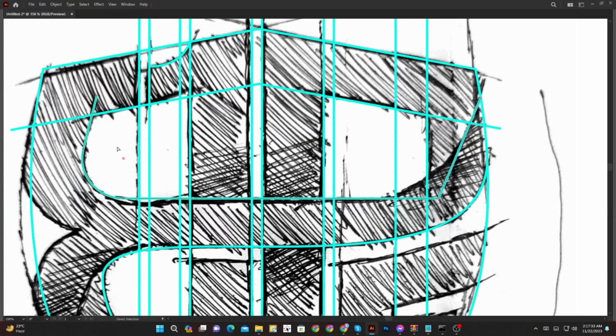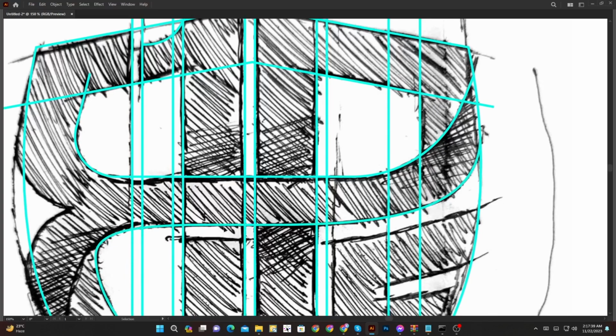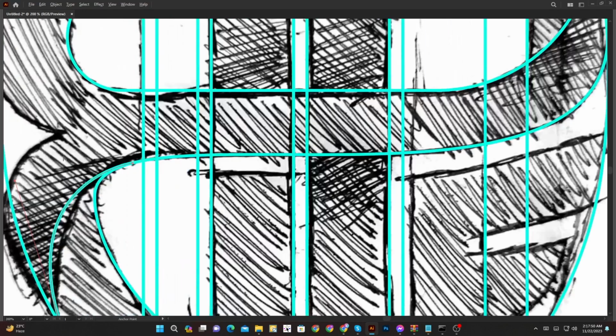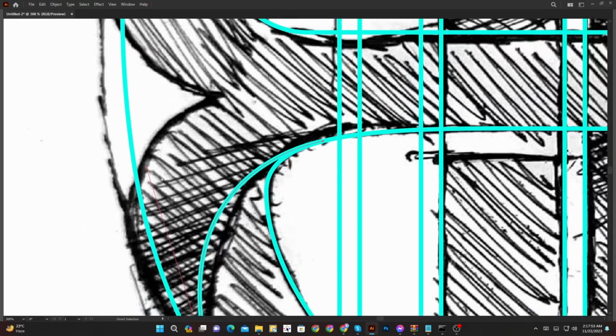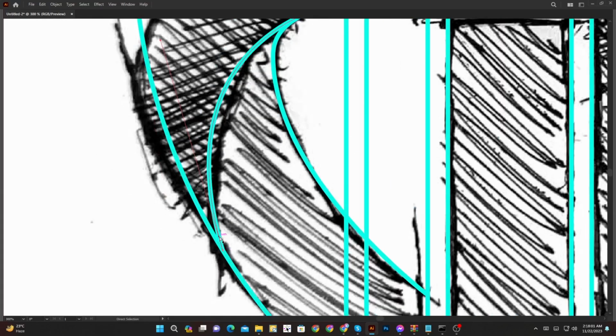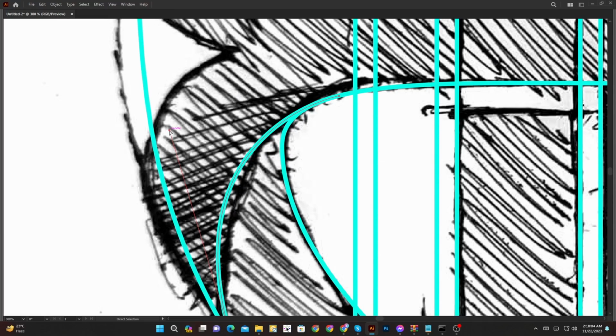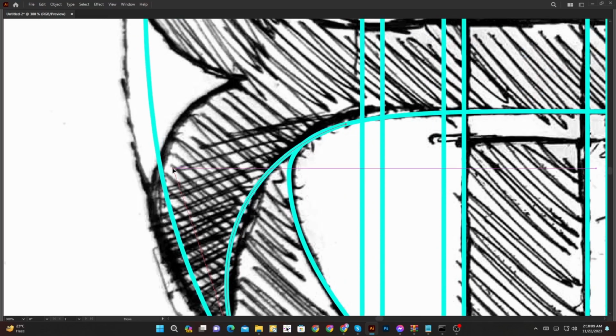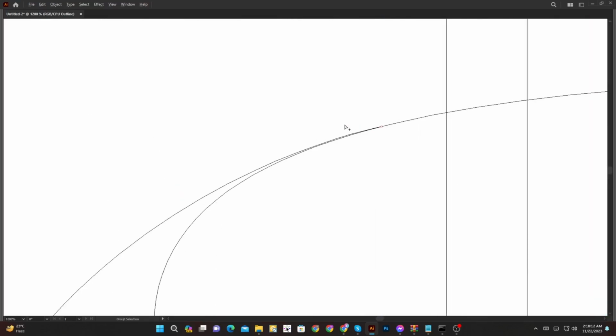Now it's some rounded. Then it's copy. Some connected.